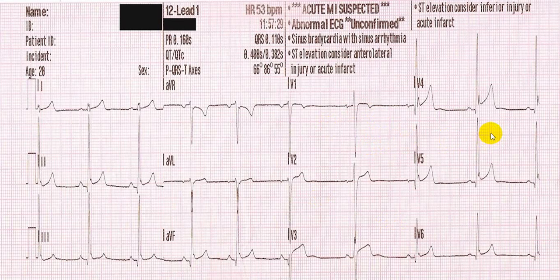Now in this particular ECG, if you look here, you can see that there is a small notch. You can see it in V4, V5, V6. You can see very clearly. Also you can see in lead 2, lead 3 and even in AVF. This will tell you that this is J wave and J point is here. So you have got an elevation of J point, there is a J wave, notching of J wave. This can be in a case of early repolarization syndrome. So you must rule out that.